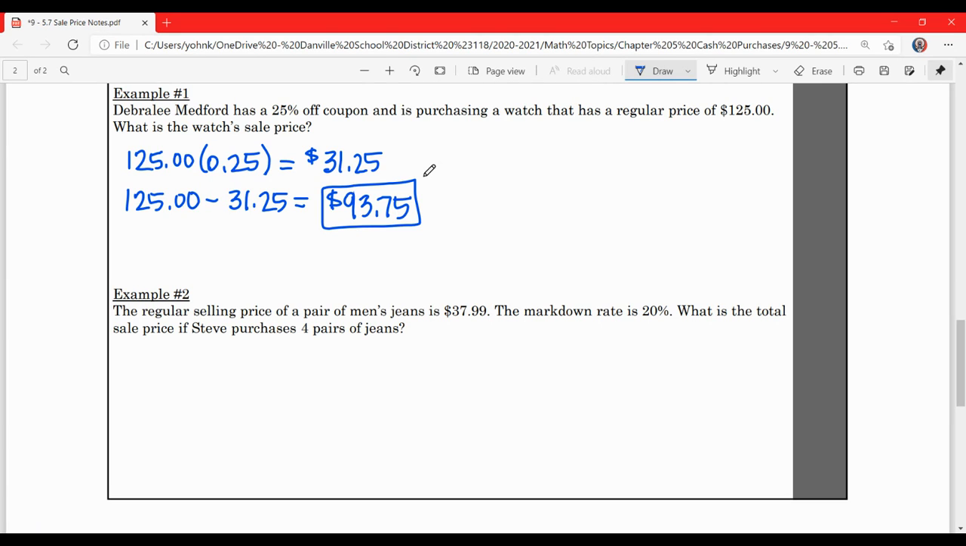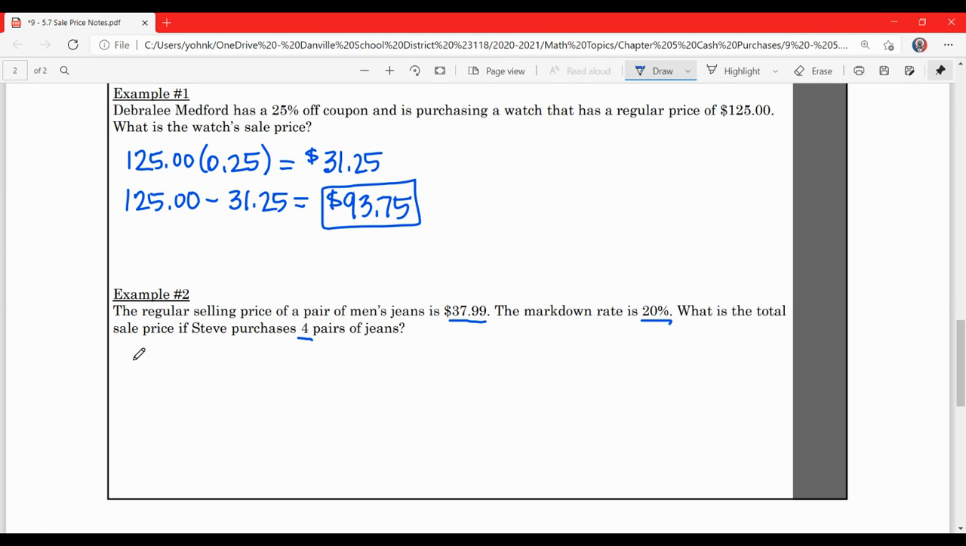Example number 2, the regular selling price of a pair of men's jeans is $37.99. The markdown rate is 20%. What is the total sales price if Steve purchases 4 pairs of jeans? So each pair of jeans is $37.99 with a 20% markdown rate, and Steve is buying 4 pairs. So I can find the markdown rate for one of them and go that way, or I can find how much all 4 pairs of jeans are, then what the markdown rate is for that total, which is easier and